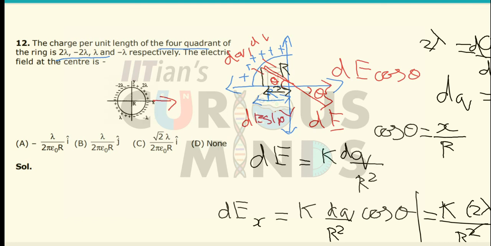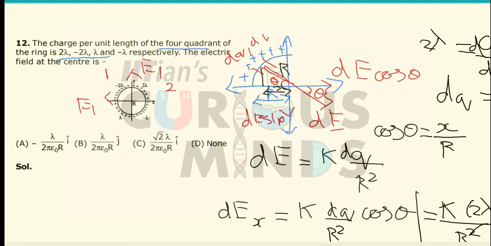Let me write this as E1 for the first part, and let this be E2, whose magnitude will remain the same. So this is equal to E1 and E1. Similarly, now this is for a negative charge. For a negative charge, both of them will act in opposite direction. That is, over here there will be E1, and in this direction also there will be E1. Let this be the first part.